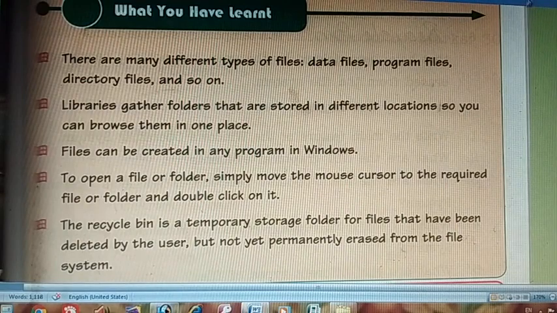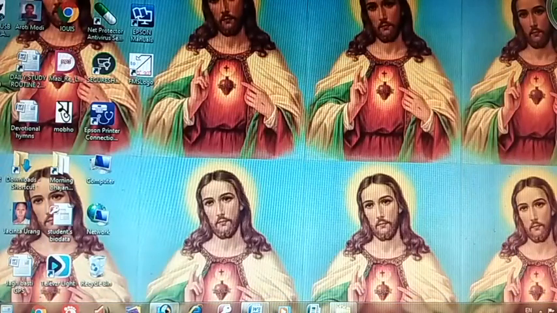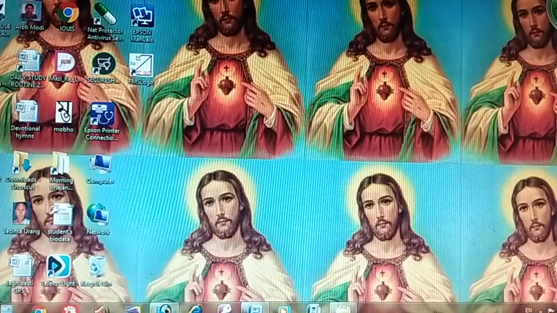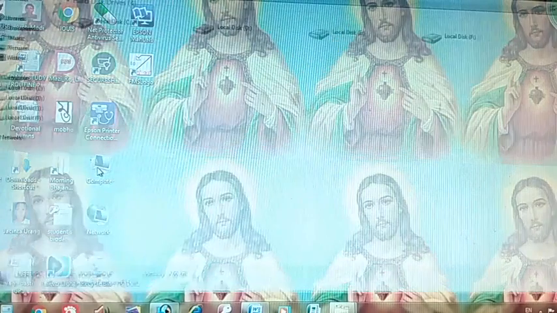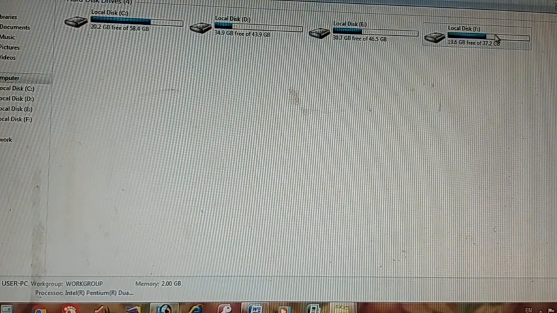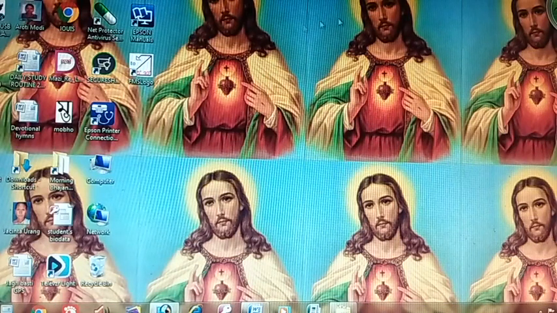Now I will show you how to create a folder. In your book, look at page number 36, creating a folder. How to create a folder? Go to the desktop or go to the my computer icon. Go to any drive, you can create. You can create on C drive, D drive, E drive, also F drive. I will show you on the desktop. So on the desktop, don't point to any folder or file or anything else. Go to this empty area where there are no icons.